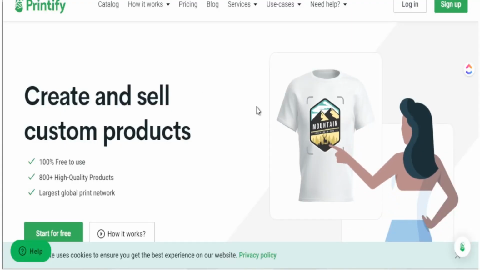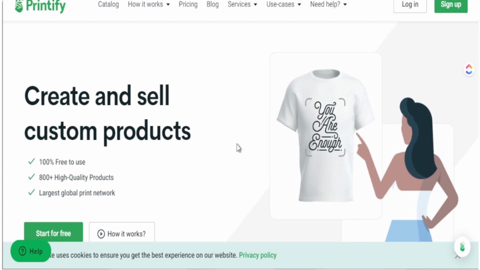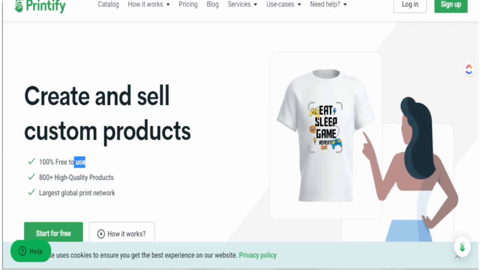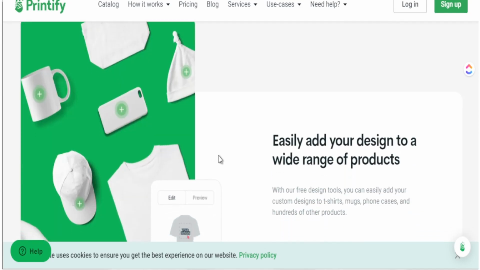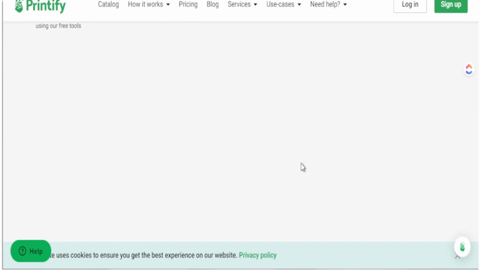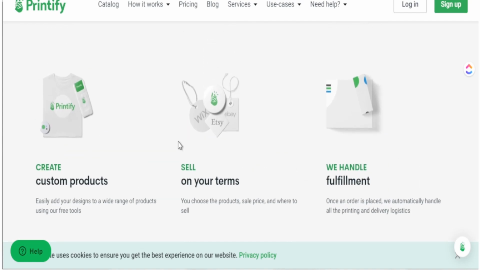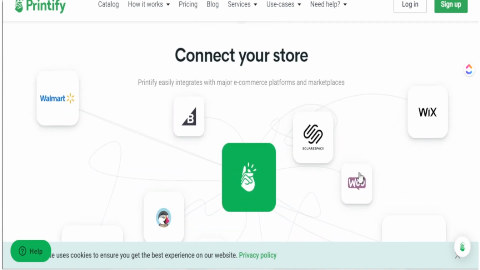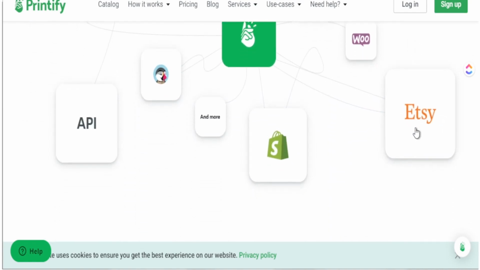Now, one of the main tools that we're going to utilize to actually sell this print-on-demand product is Printify. Printify is my number one place to sell all of my print-on-demand products. This is how we are able to sell t-shirts and make this a passive income-based business. And with Printify taking care of everything from printing out the product and shipping it out to our customers, the only thing we have to do on our end with Etsy is to create the product and actually list it